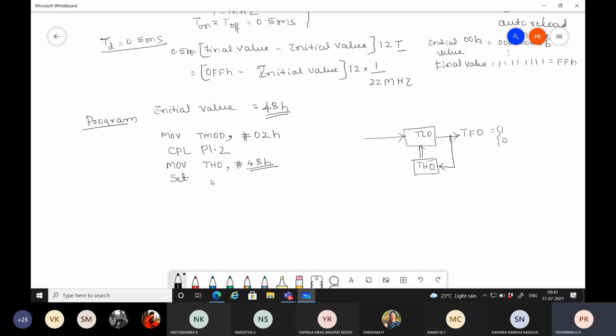Then SETB TR0, start this timer, JNB TF0, comma, back. So that is back to the same instruction, let me write here. Then CLR TF0, then CLR TR0, then jump to